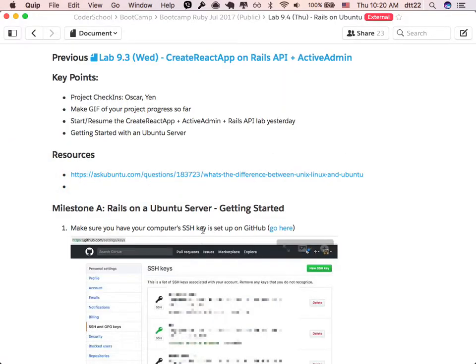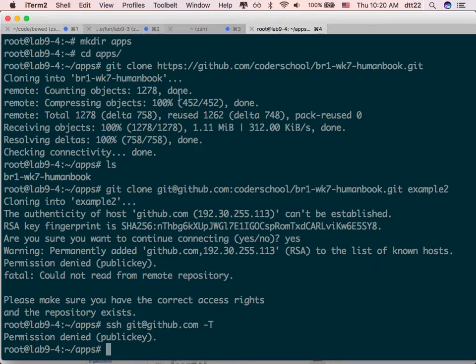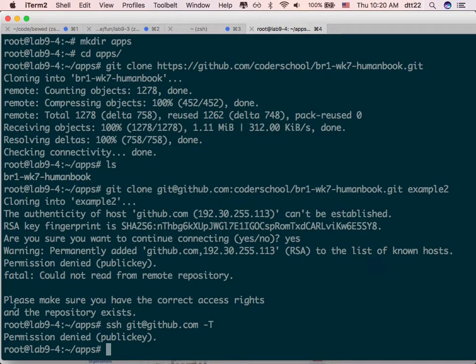Now in your lab, you're going to set it up here. Go here and set up the key if you don't have it. This is your computer. But if you want to be able to git clone on this server, create a server. I'll show you how to create a server. Go to GitHub, follow this instruction, and add the key of this box to GitHub. And now you can clone from GitHub. Is that clear? Does that make sense?